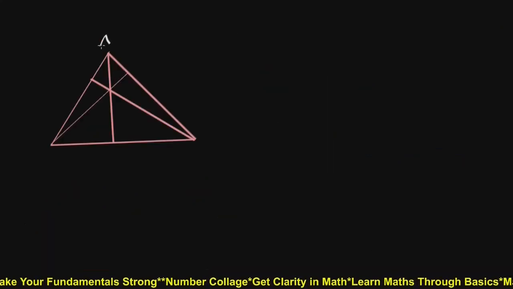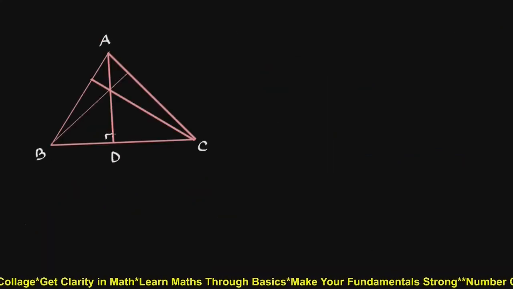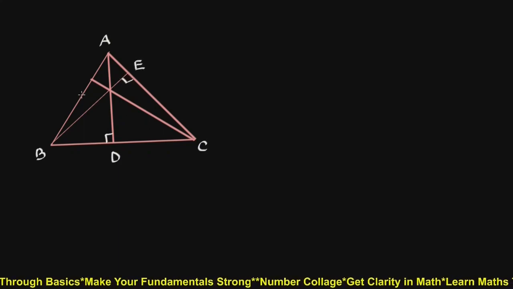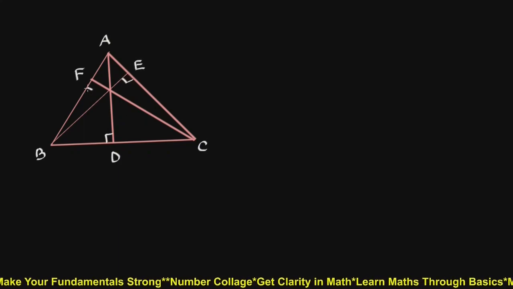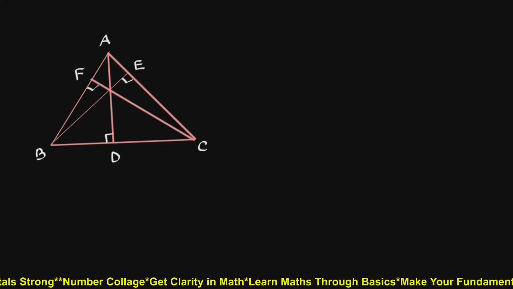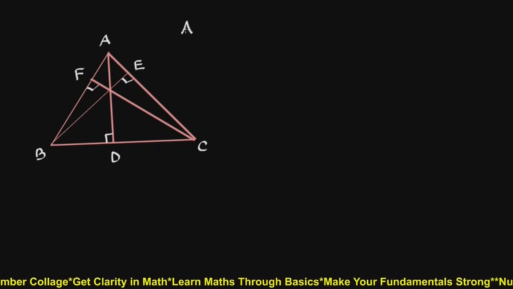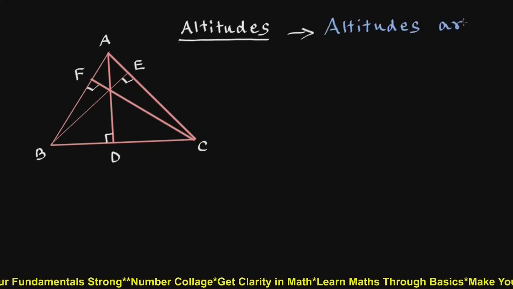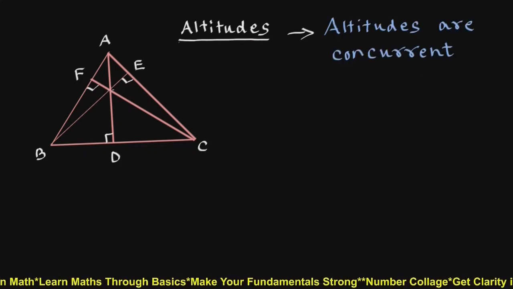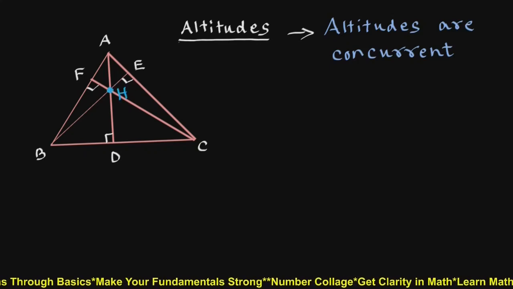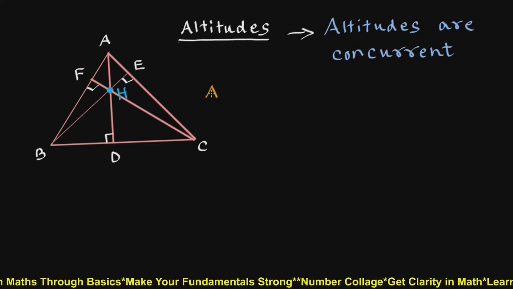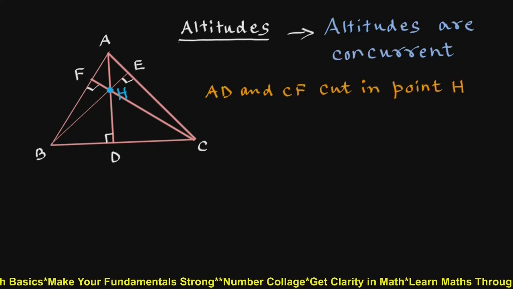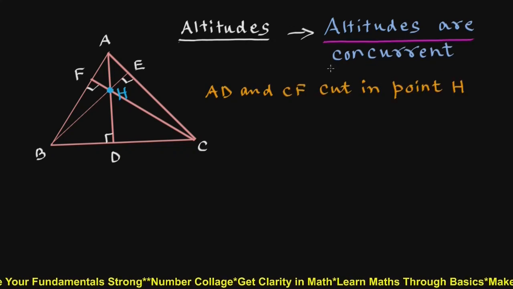In triangle ABC, AD is perpendicular to BC, DE is perpendicular to AC, and CF is perpendicular to AB. Here these perpendiculars are known as altitudes. We have to show that these altitudes are concurrent, that is, they pass through the same point, say H. Altitudes AD and CF cut in point H. So, to prove that altitudes are concurrent,